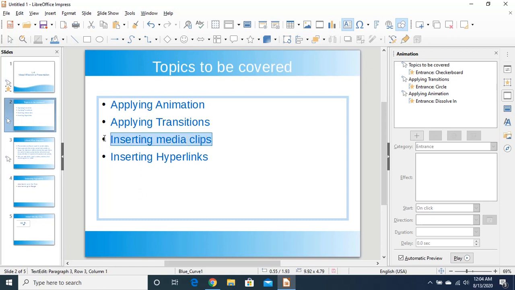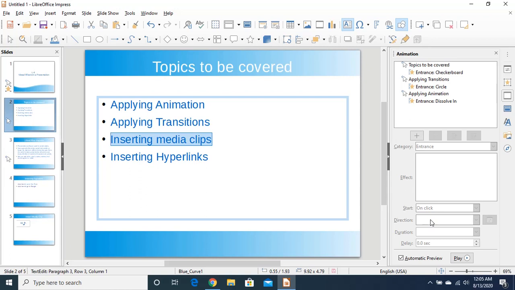So what you will do, you have to click on this right pane. Animation option is here. You can click on this animation, and this will show the animation dialog box. Animation bar is here, in which all the options of animations are available, right?